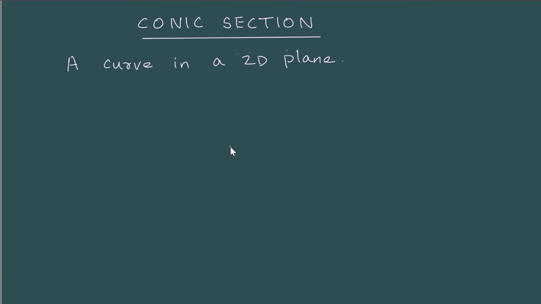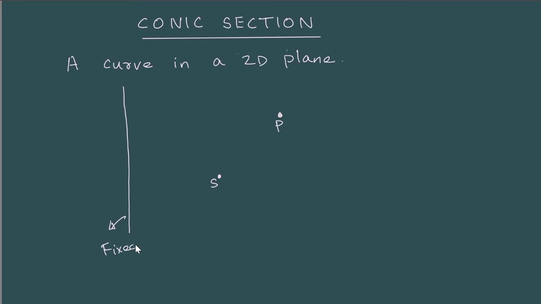For us to understand how these curves are made, we are going to use a different and more frequently used definition of a conic section. This is defined in this way. Suppose I take a point P in a plane. In this plane we take another fixed point called S and a fixed line. This can be placed in any way. You just have to have a fixed point and a fixed line.